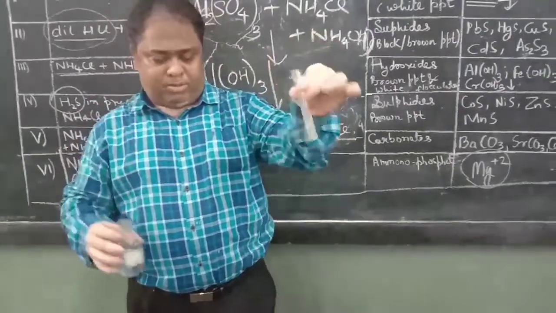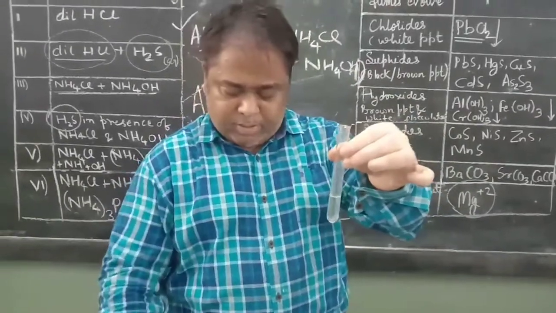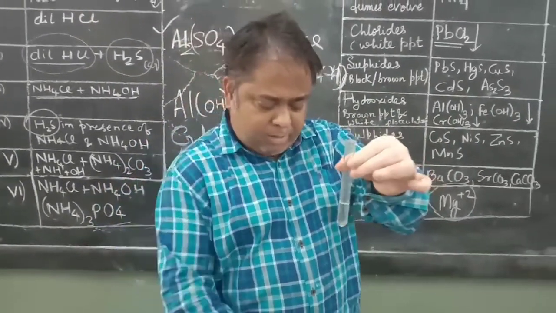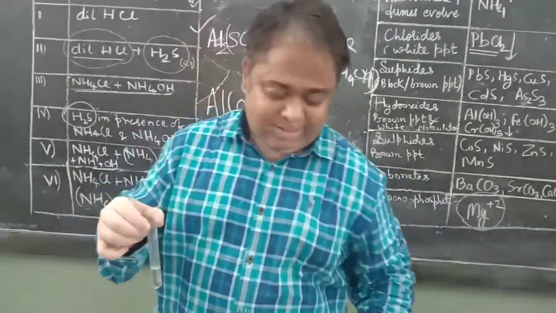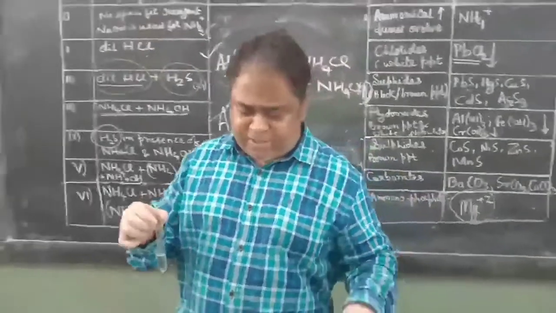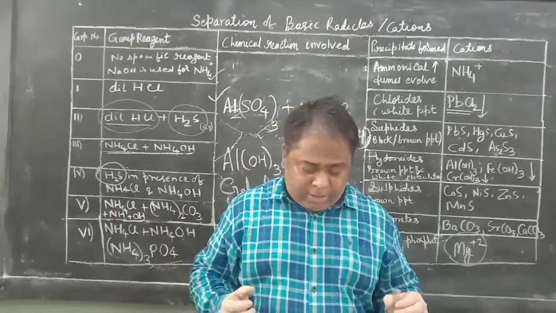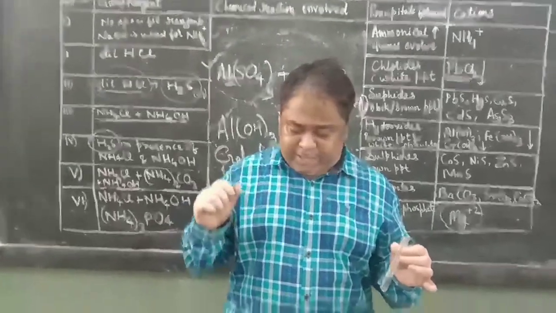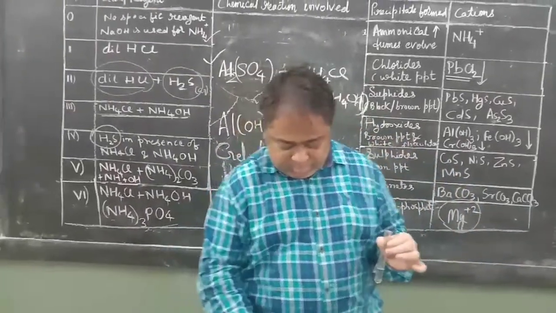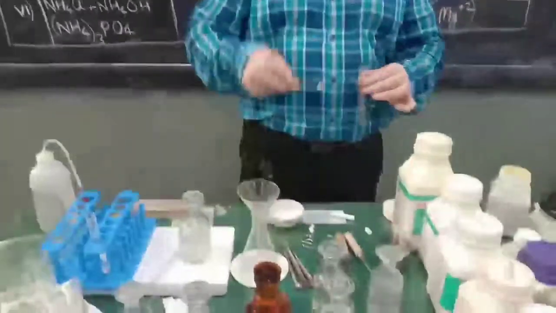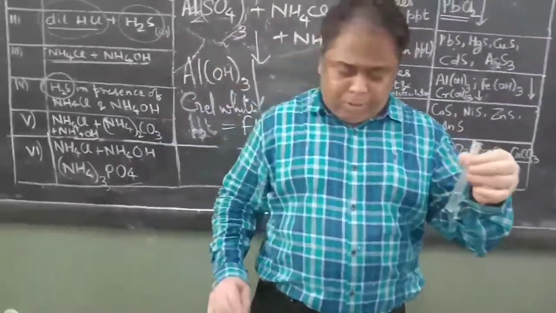See, now it has become soluble. The gas which came out could be carbon dioxide, could be sulfur dioxide. Guess what it was? Such brisk effervescence is generally given by carbonate. So maybe it was carbonate, but we are not doing the test of carbonates now. We are doing the separation of acid radicals. Now we will put a pinch of ammonium chloride again, then ammonium hydroxide again.